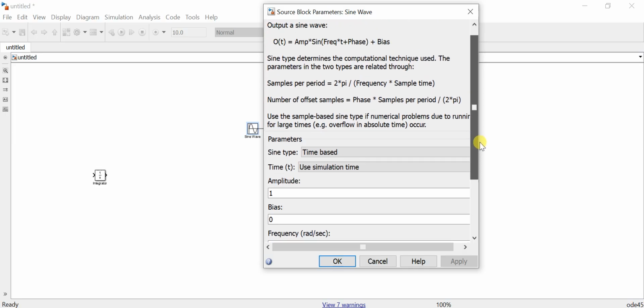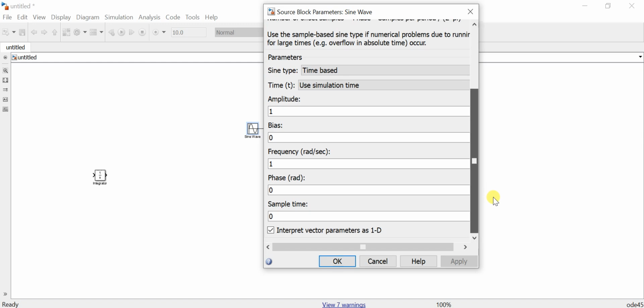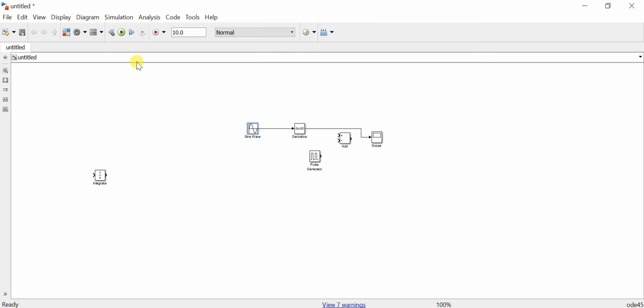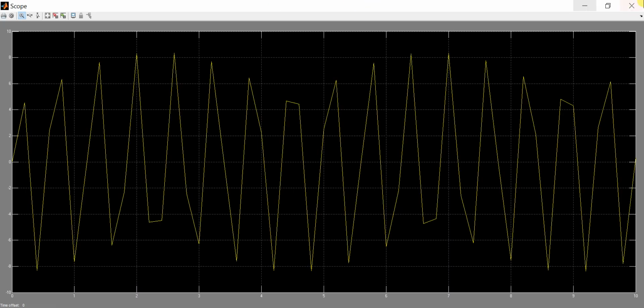So let's take frequency around 10 hertz, phase 0 and amplitude 1. When you run it, you can see the multiple cycles over here. This will not give the proper result just because of the sampling time. So you can change the sampling time